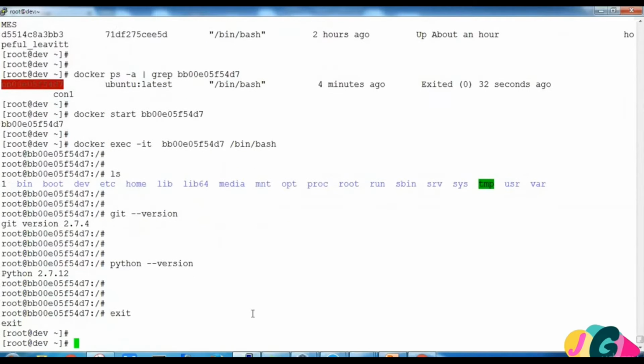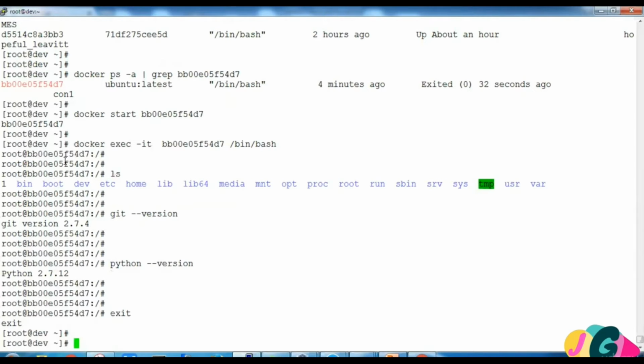If I reboot the host machine, or if I turn off docker and restart the docker daemon, it will not create any problem with this container. But if something happens, or you accidentally delete it, or you do not require it anymore, then the configuration will not be available any other way.